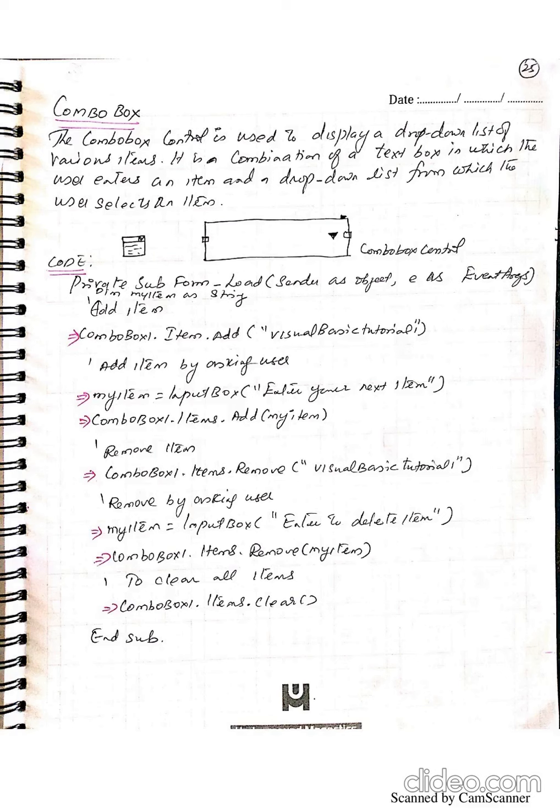No other styles for list box; three styles allowed in combo box: drop down combo, simple combo, and drop down list. Can't add an image in a list box; can add an image in a combo box. Can see multiple items in a list box; can see only one single item in a combo box.